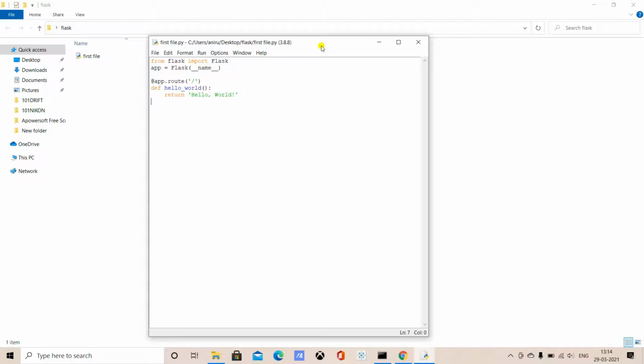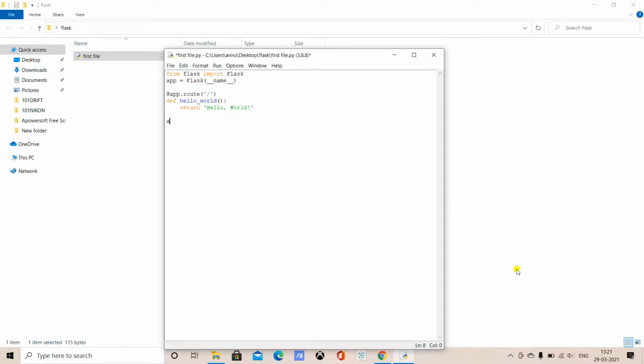So after we have installed this, we will just add a single line